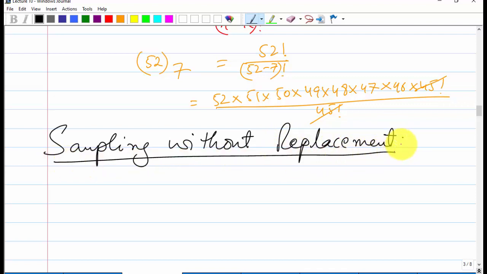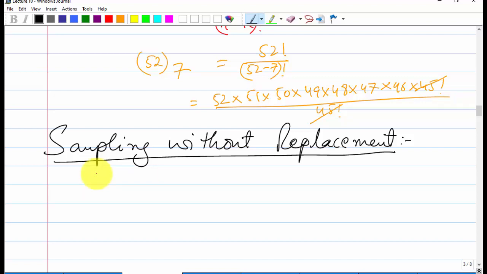Sampling without replacement means that whenever we take an object, we will not replace it, we will not put it back in that bag or whatever. Just like in these 52 cards, if we take one card, then for the next sub-experiment we will have 51 cards and so on. That's how we can see here. So this is called sampling without